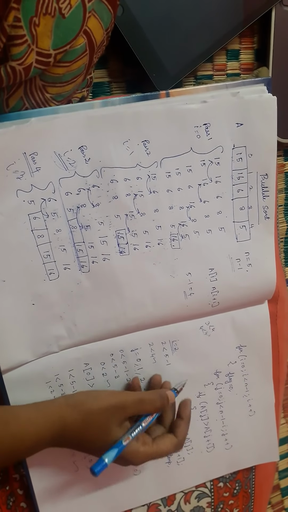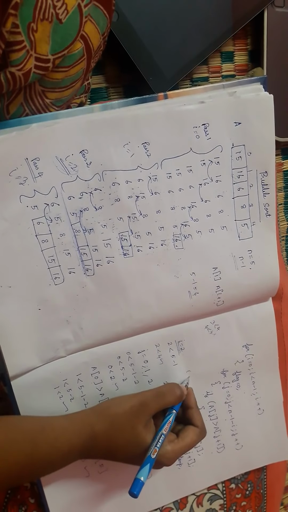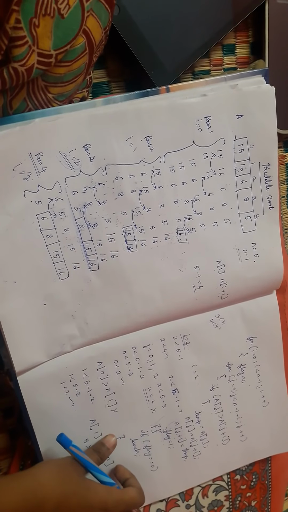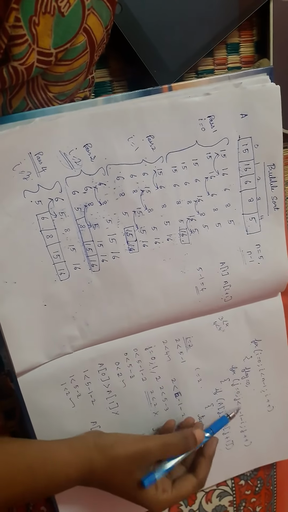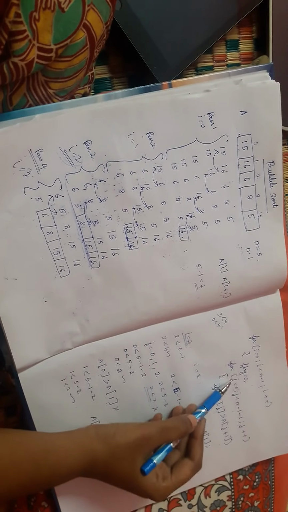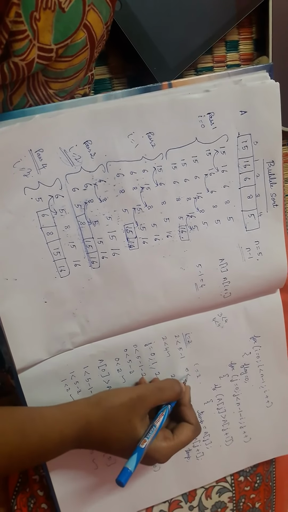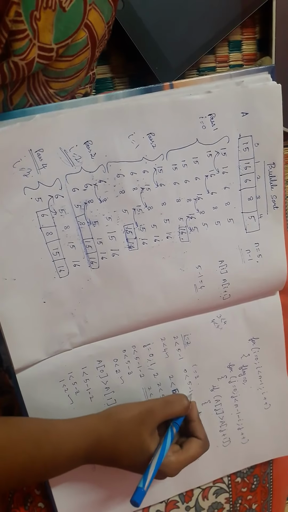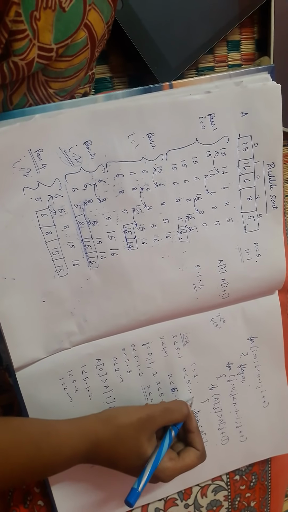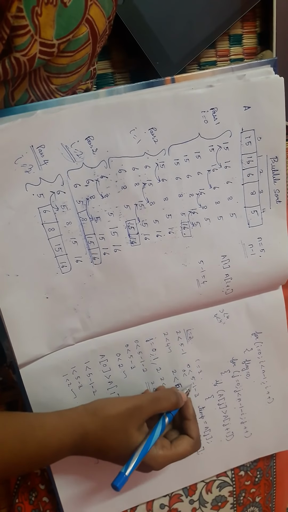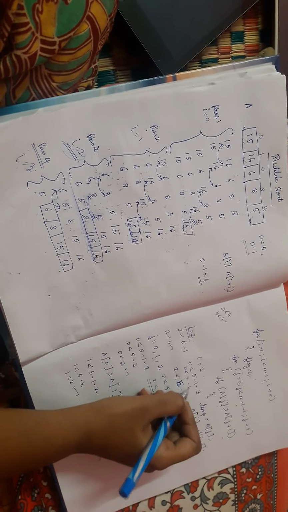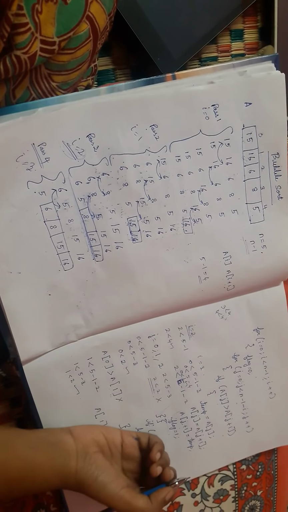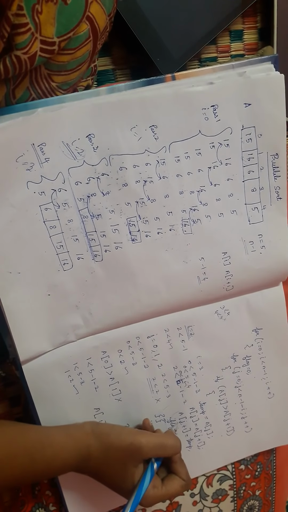So i was 2. Next step, what I will do? i is equal to 3. Again we will see this example also. i is equal to 3. Now what I have to do? I have to compare this loop. So j is equal to 0. J value will be 0 now. Then j less than n minus 1 minus i means what? N value is 5 minus 1 minus, now i value is 3. So 0 less than 5 minus 4, so 0 less than 1. Yes, this condition is true. So I am going to enter inside this loop.